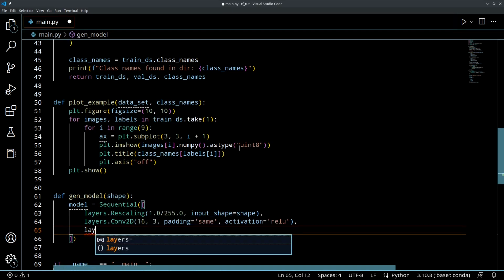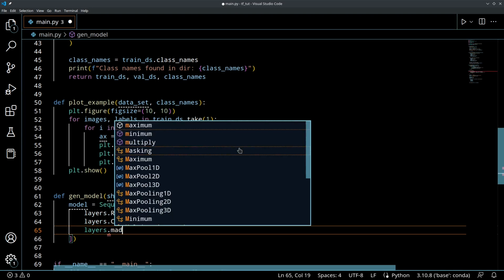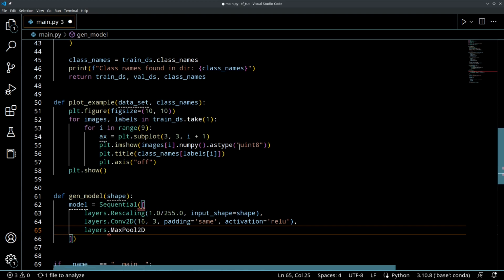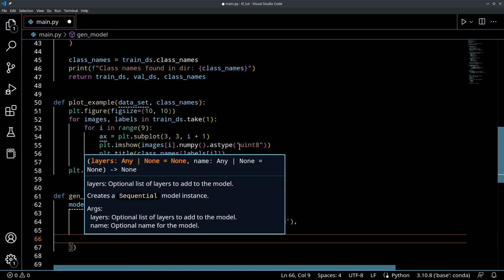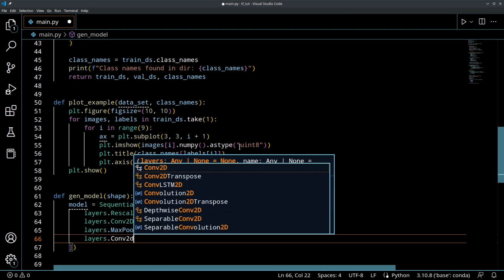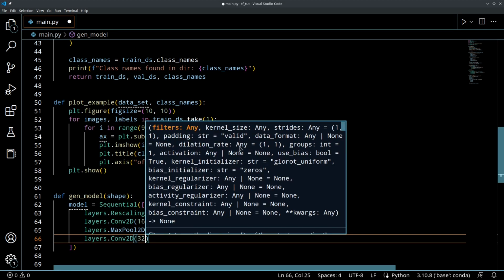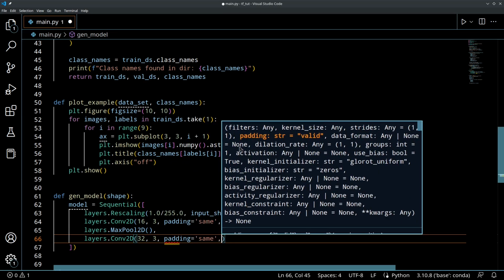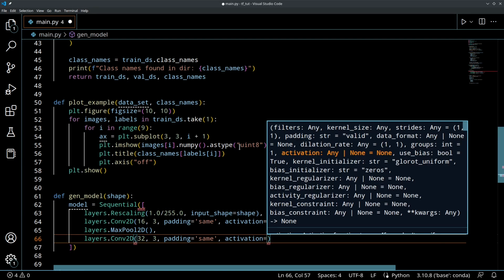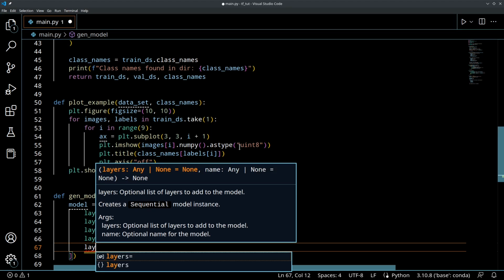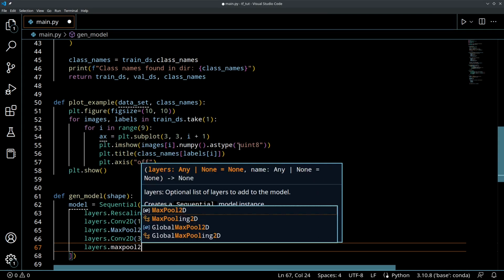So next we want to do our max pooling. So we'll do layers dot max pooling, layers dot max pooling 2D, and we'll enter that layer. And then we're going to add another convolution layer. So we'll say layers dot conv 2D. And this time we'll do 32 filters. We'll do 3, padding equals same, activation equals ReLU, and we'll do pooling again, layers dot max pool 2D,